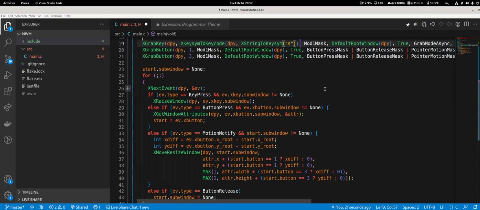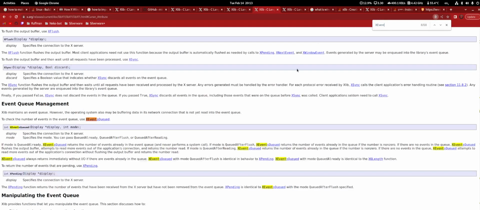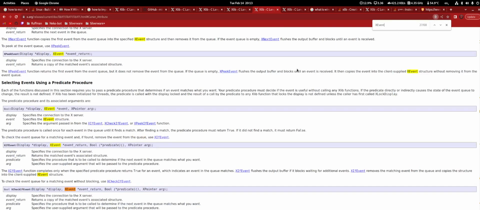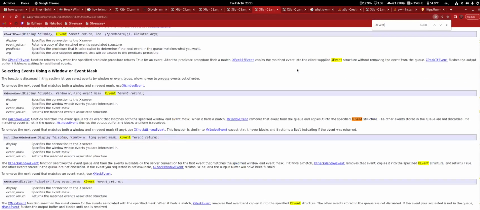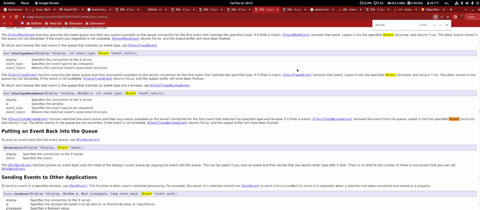The question now becomes, if you have a button press, so this is the mouse. If you click with the mouse and you don't have a sub window, you are getting the window attributes, passing the display. Yeah. What is XButton? That's a good question. So let me check this XEvent thing. Yes, let's see. So XEvent typedef. Yeah, this is the thing I saw being passed to the function. Oh man, this XEvent has a bunch of